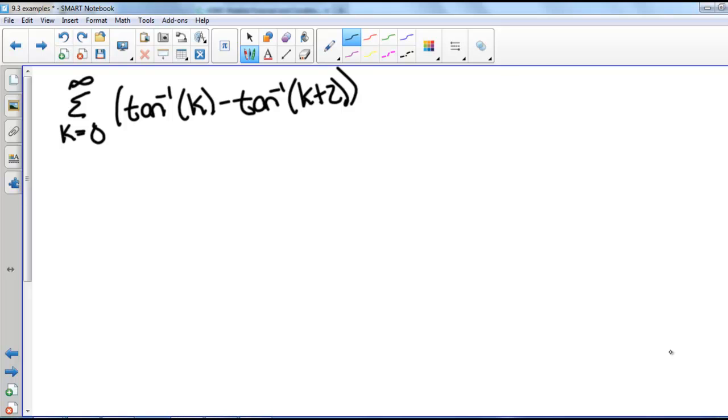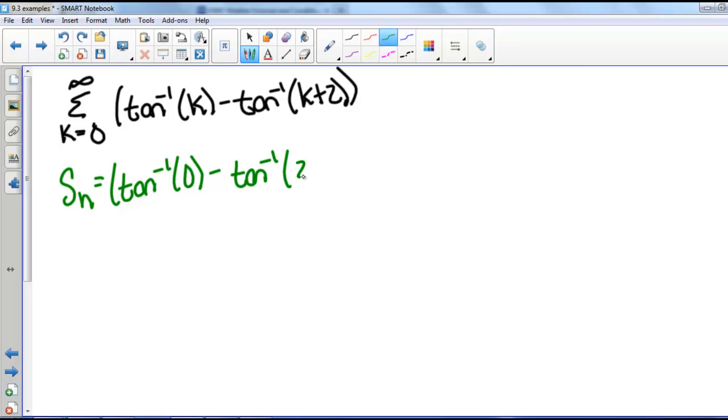Here we want to determine if the series from k equals 0 to infinity of inverse tangent of k minus inverse tangent of k plus 2 converges or diverges. So looking at the nth partial sum, that would be inverse tangent of 0 minus inverse tangent of 2 plus inverse tangent of 1 minus inverse tangent of 3